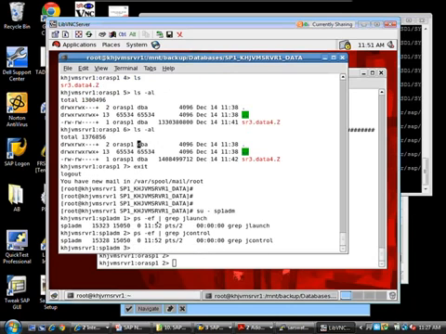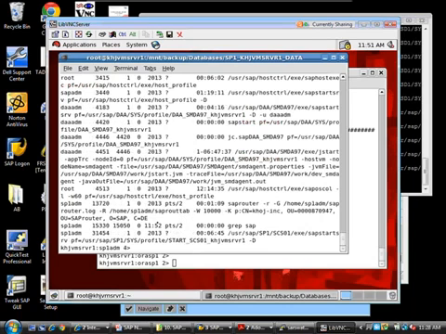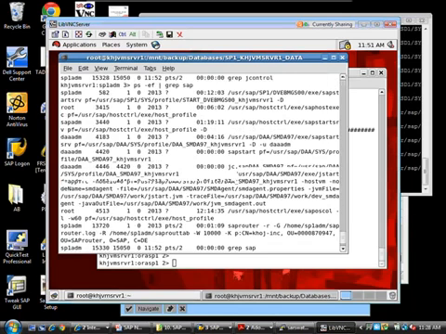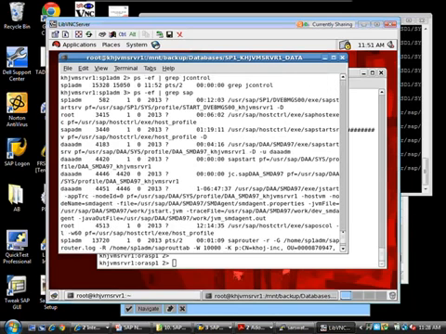So it looks like Java is not running. Looks like SAP is not running for some reason on it.